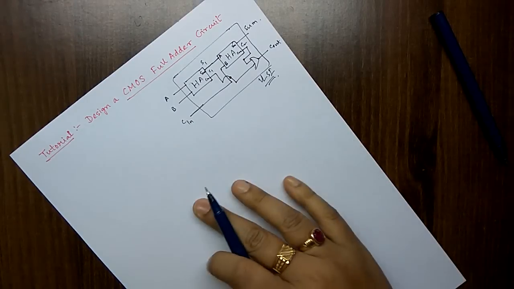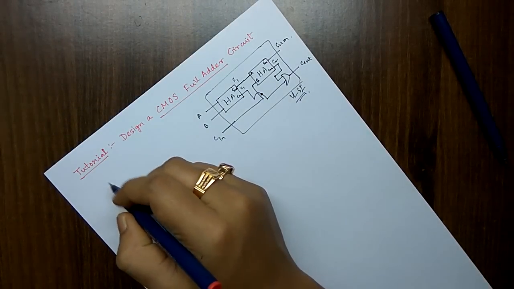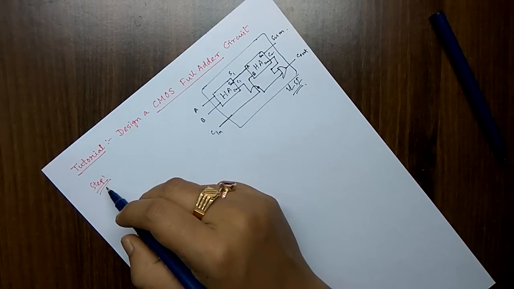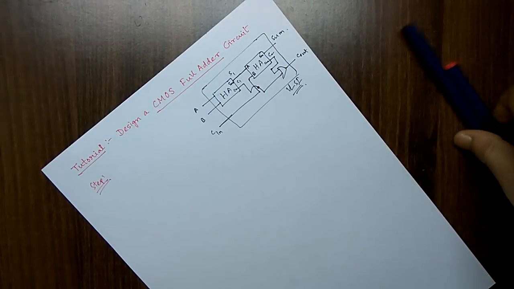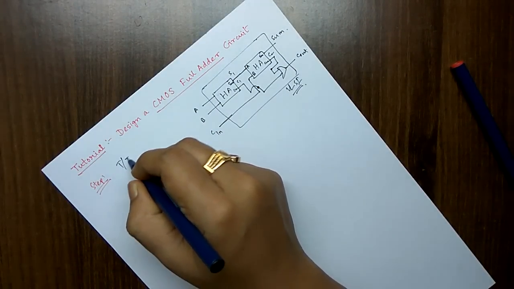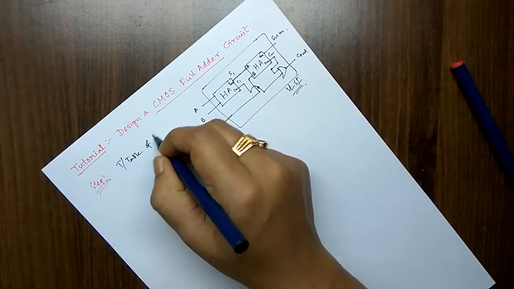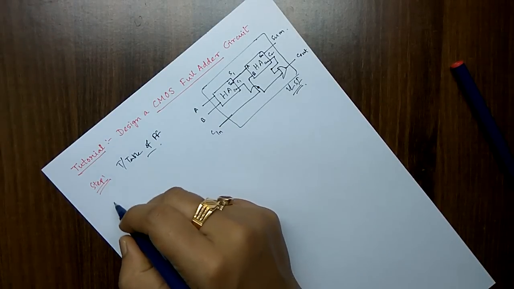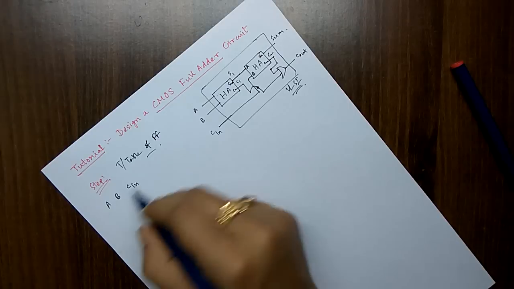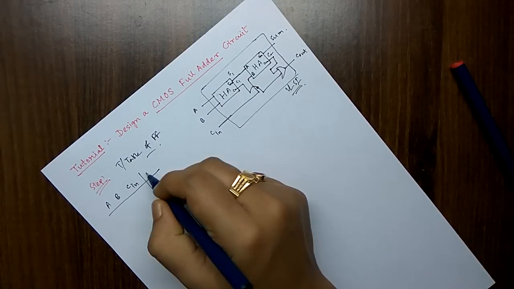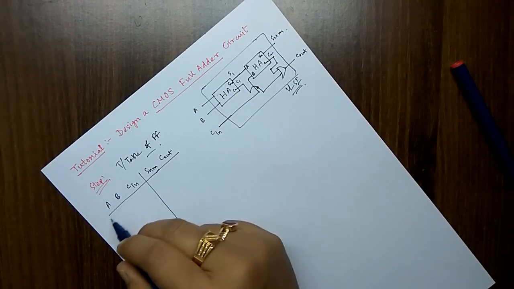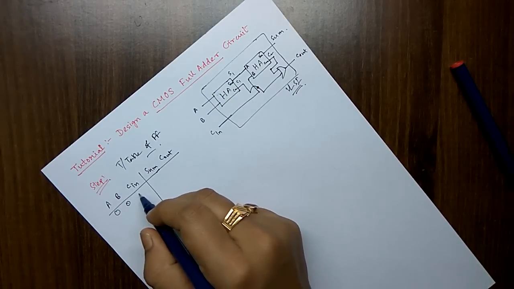To do so, we need to go for step 1. So quickly go for the step 1 process. Step 1 is, we have to go for the truth table of the full adder circuit. What is that? A, B and C in, these are the 3 inputs, and the main outputs are sum and carry, that is C out. So for 3 inputs, how many combinations?